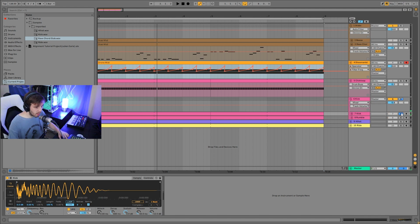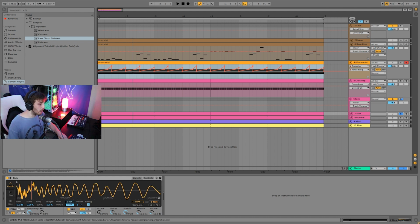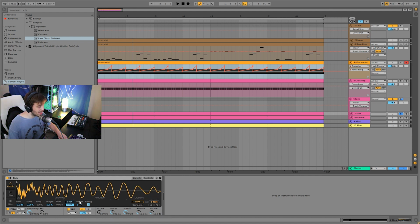So this is 2 layers. It's the kick, which you can see is just this really fat, punchy, deep kick. If you look at the waveform here, you can see the bass roll off there is actually the loudest part. The punch is just this very quick, dipping waveform like this, and then